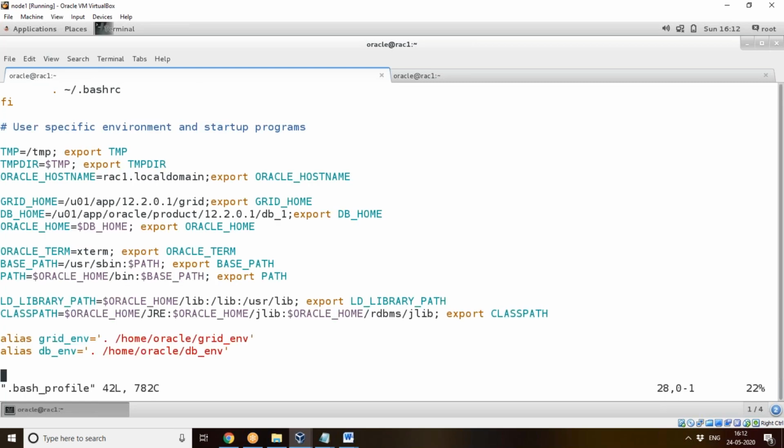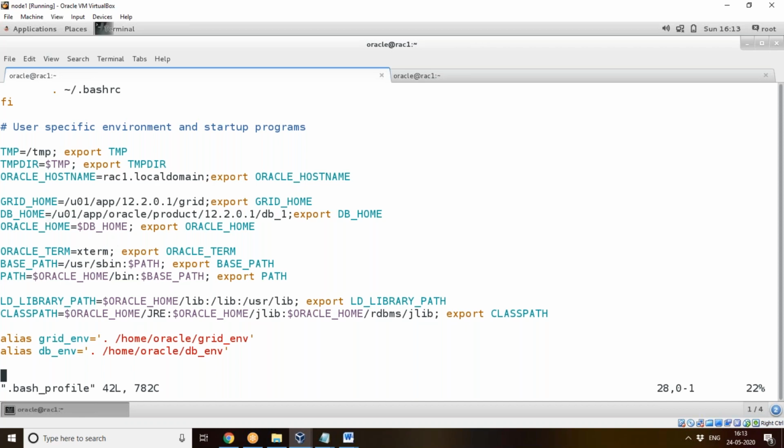In the bash profile, I have given the temporary directory, then temp directory, Oracle hostname, and grid home. The grid home location is /u01/app/12.2.0.1/grid. This is the directory I have created. And DB home is for the Oracle database home. This is database home and this is grid home, and Oracle home is DB_HOME.